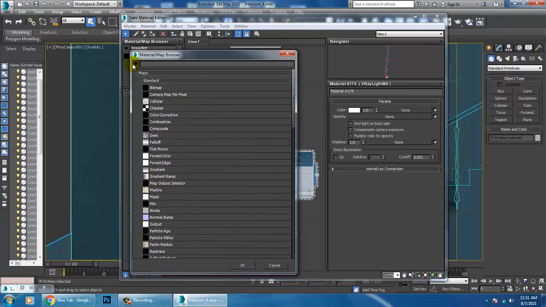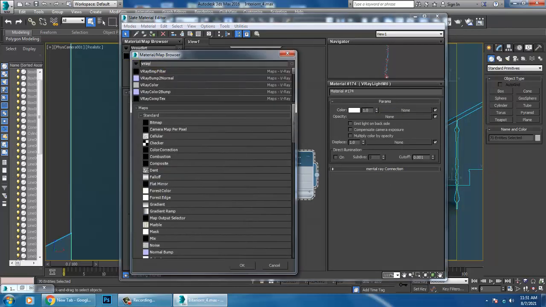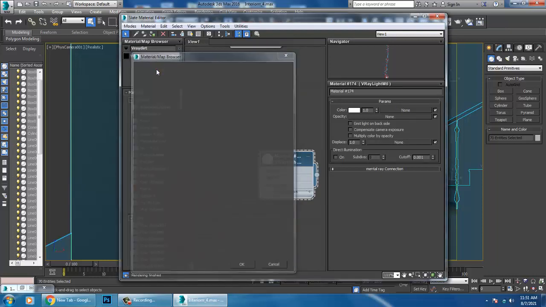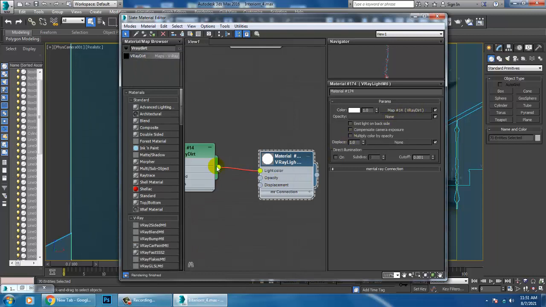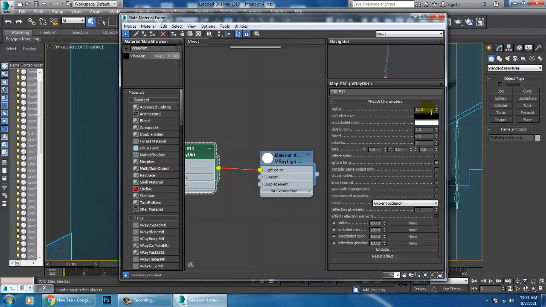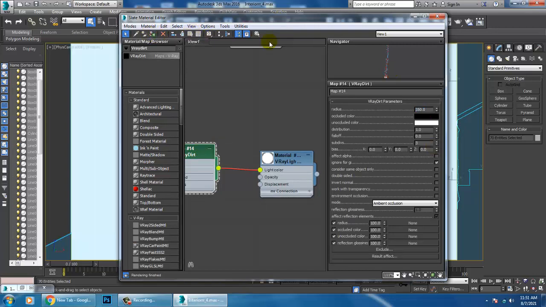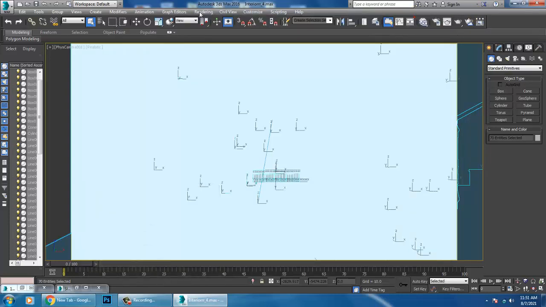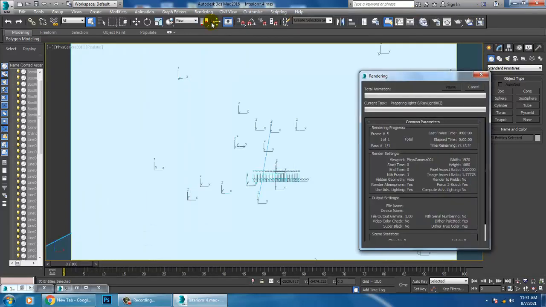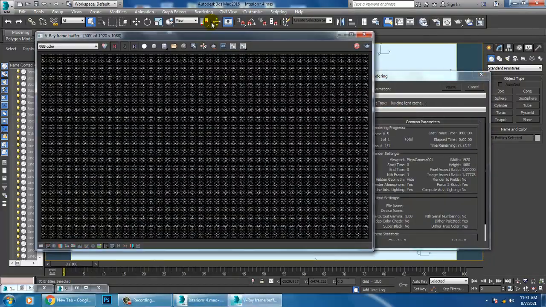I'll go into this and add a V-Ray dirt material. Either you can just connect it or whatever. After that, I can increase this, let's assign it, and let's render that part and see how it looks.